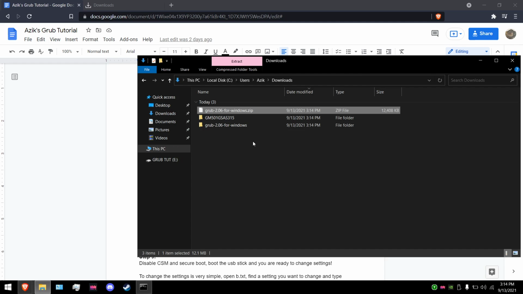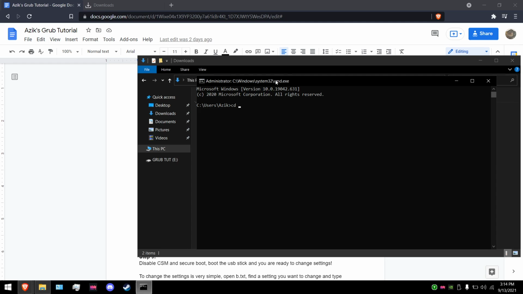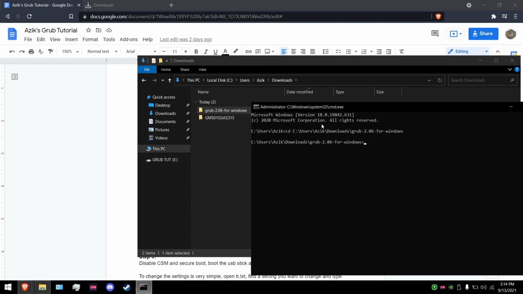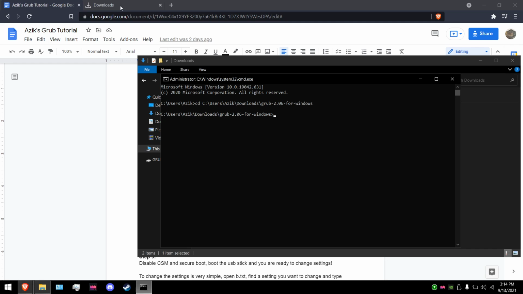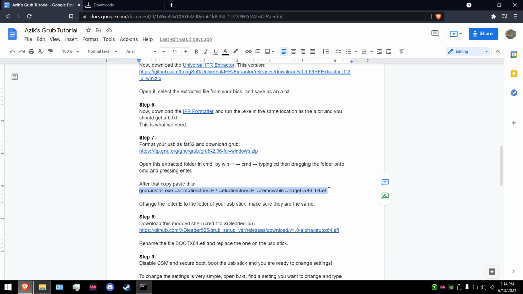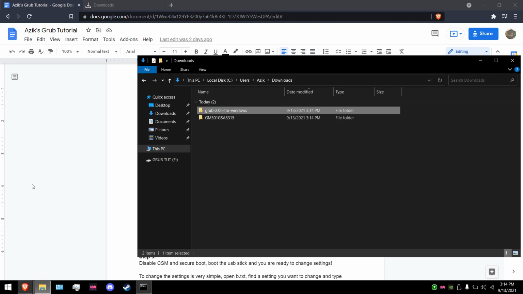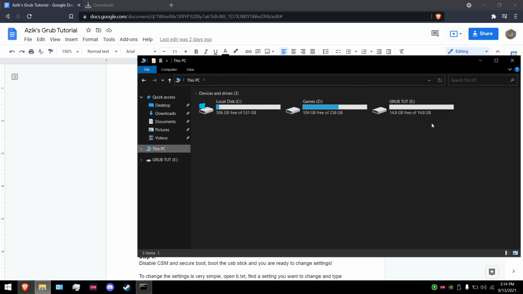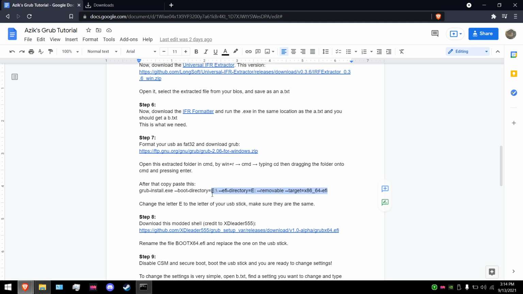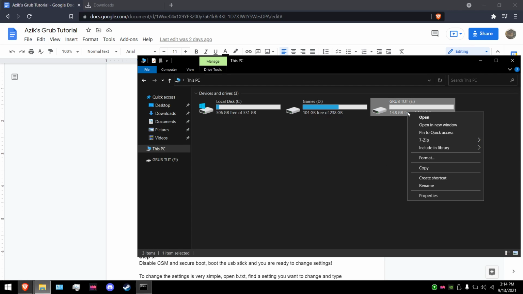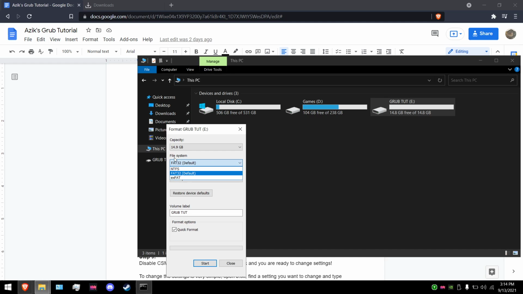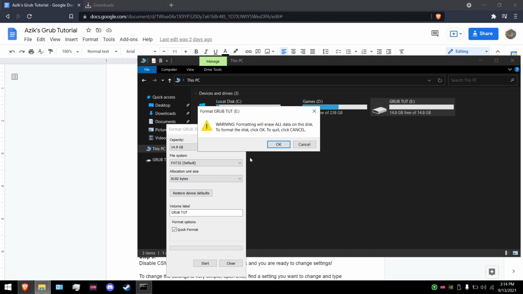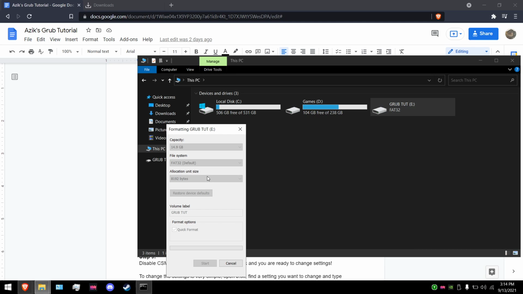So simply extract the grub and drag it onto the CMD. Now we have opened this location and copy paste this in. One thing you do want to check is that your USB stick is the correct one. So here it says letter E, and here it also needs to be letter E. And one thing you also want to do is format it as FAT32, as otherwise it won't work. So simply do that,